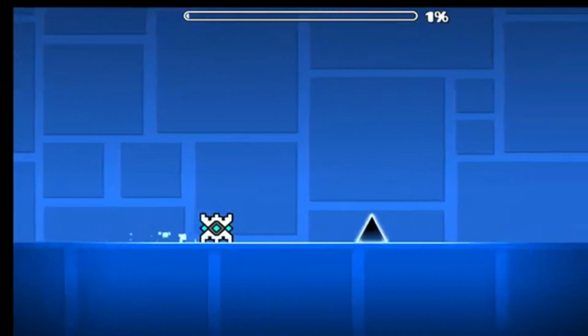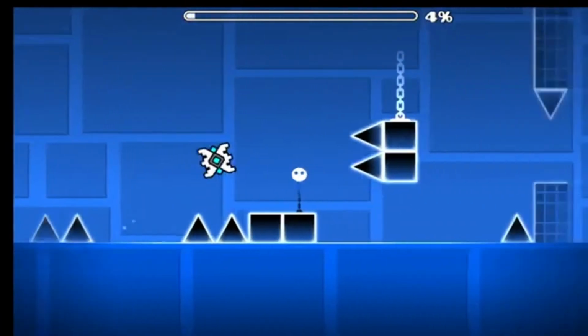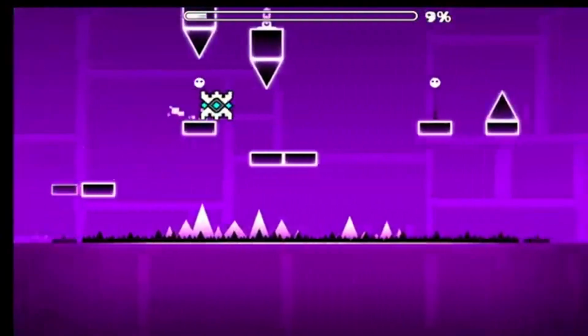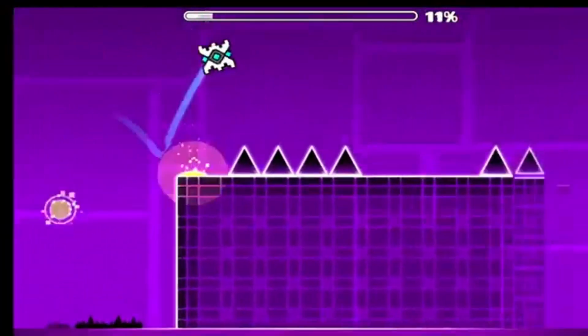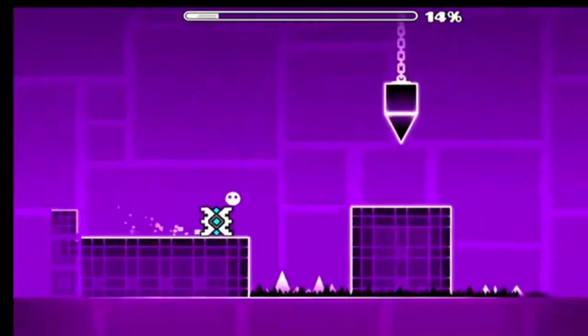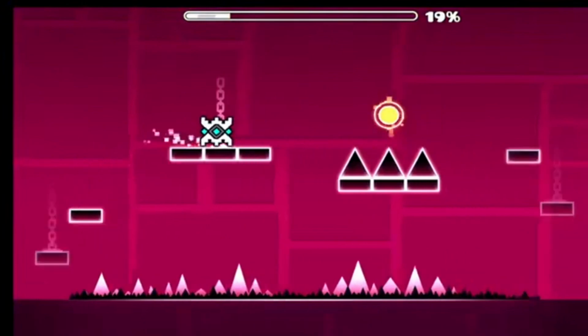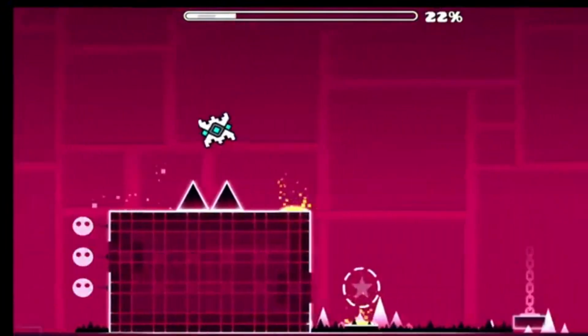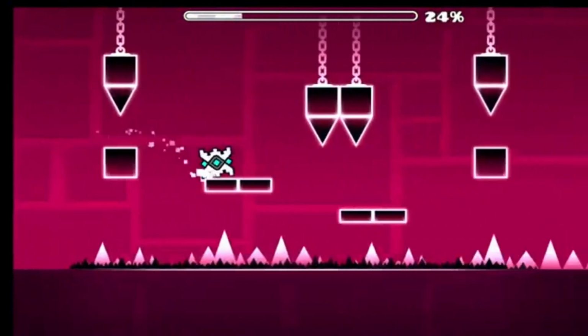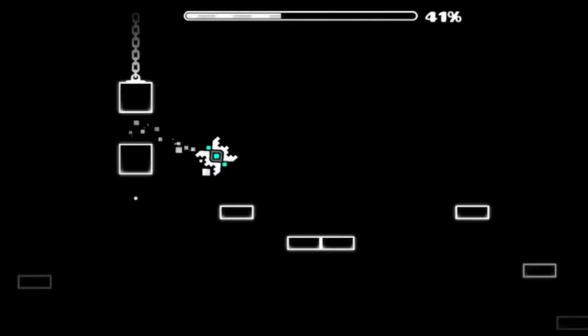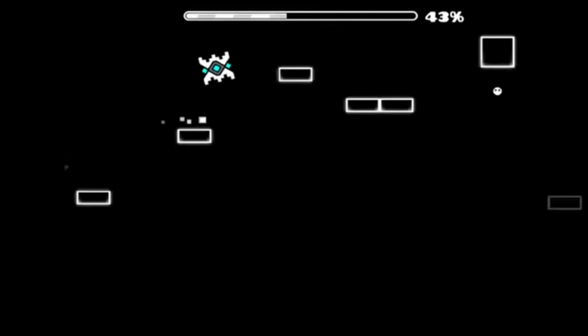Geometry Dash is a rhythm game. It is a side-scrolling platformer that is also a rhythm game. A lot of the gameplay is based on the music. You have a song, and then you try to make the gameplay also kind of have the same structure as the song. So, for example, Bass After Bass. You can tell it syncs, right?